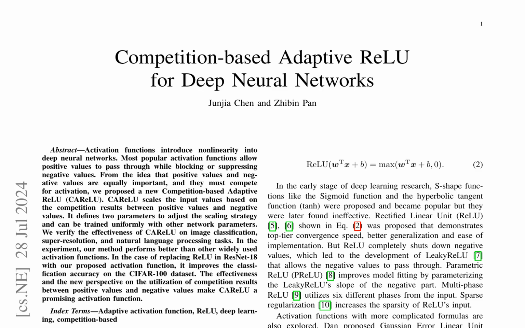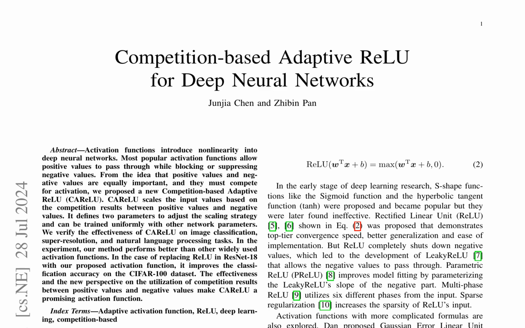Deep neural networks rely on activation functions to introduce nonlinearity, but traditional functions like sigmoid and tanh have been largely replaced by more efficient alternatives like ReLU. However, ReLU shuts down negative values, leading to the development of variants like leaky ReLU and parametric ReLU, PReLU. Recent activation functions, such as Gaussian error linear unit, GELU, and sigmoid linear unit, SiLU, have been widely adopted in